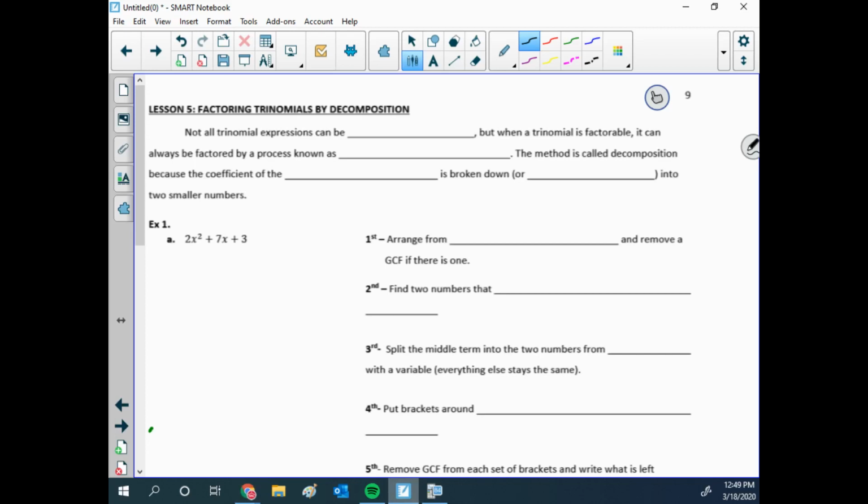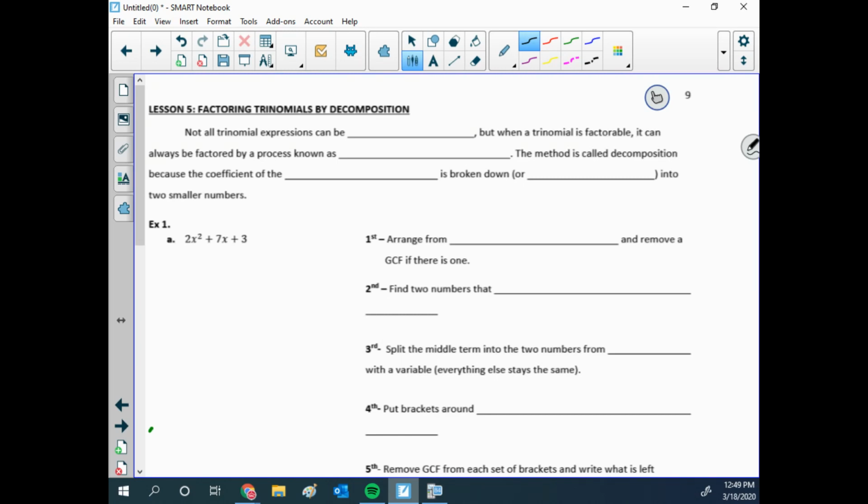All right, so hopefully you've already taken a look previously at the factoring by GCF. In that video, I talk about that we are looking at factoring polynomials, and factoring polynomials is the opposite of multiplying polynomials. The first strategy we looked at in the previous video was removing a greatest common factor. That goes to the front, and then you write what's left after you've done that. And that's a really important piece for today. So if you're unsure, maybe go do a little bit more practice or rewatch that video before you get into